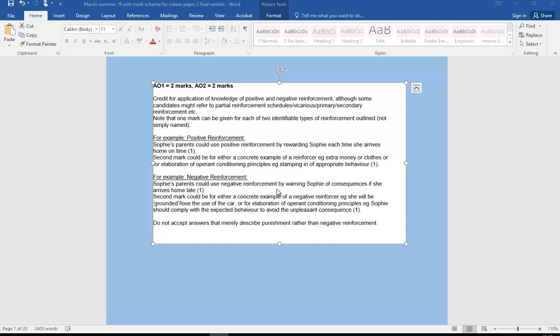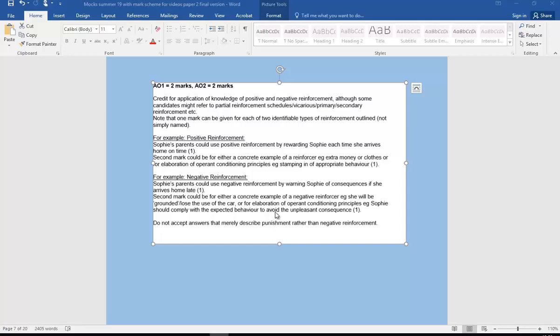So they want her to come home earlier. So maybe that would be then taking away the threat of losing the car, the use of the car, taking away the threat of her being grounded or gated or whatever you want to call it. So basically it's removing that threat of a punishment. So it's not punishing her, but it will depend on how you word this, but basically you're trying to get across that it's removal of some sort of something negative that's hanging over her as long as she arrives